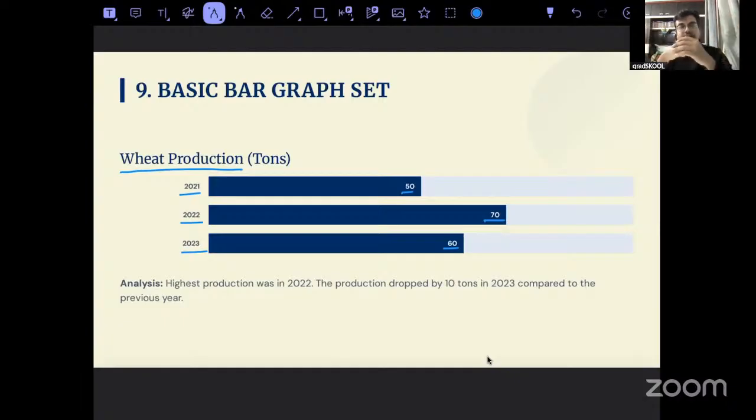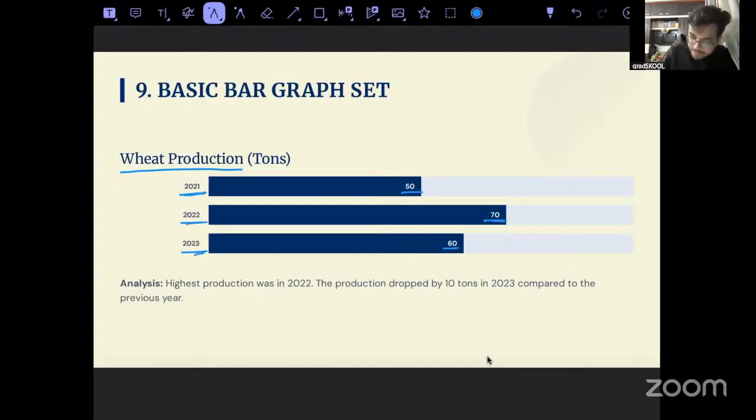So for now, what I'll say is, look into this video. Whatever I explained to you, just interpret that properly. Understand how to go into the graphs, understand those graphs, make a table for that, or understand the data given out of that graph, and move forward. So let's focus on this question. We are getting a bit distracted. So for 2021, it was 50, 2022 it was 70, 2023 it was 60.